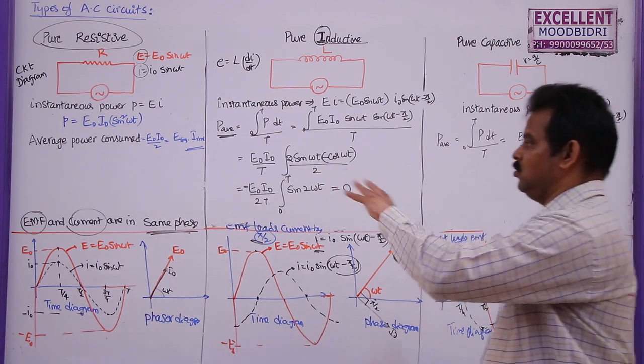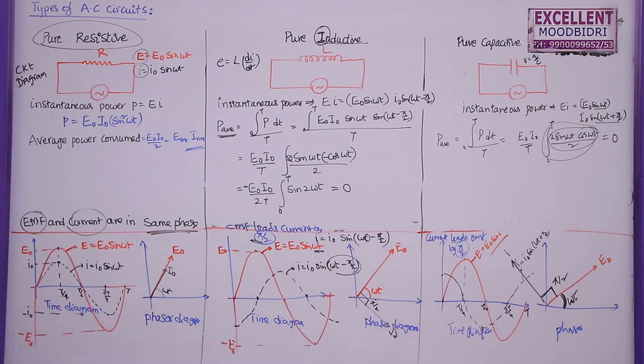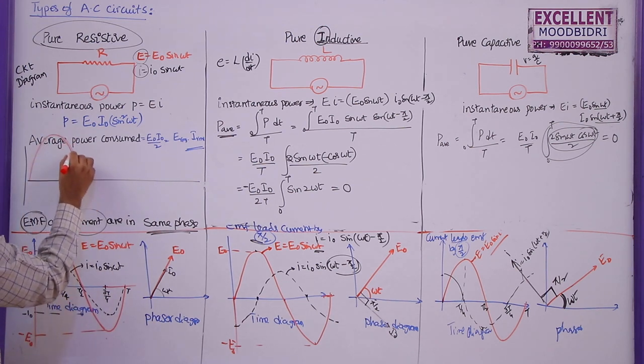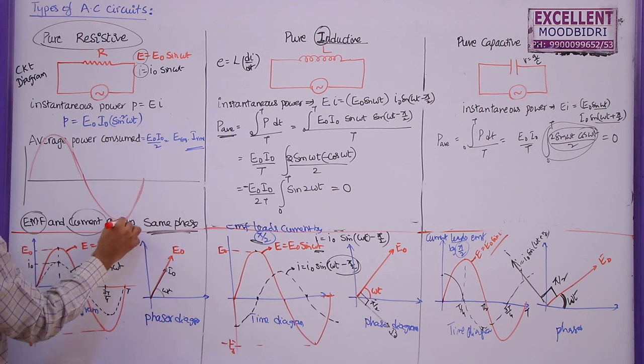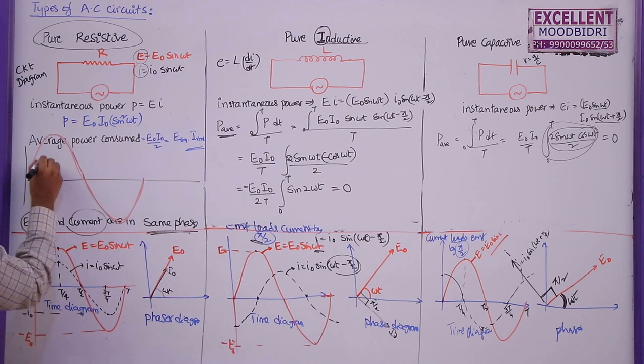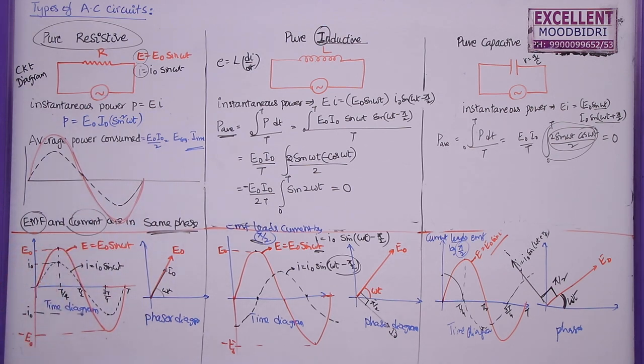Now I am going to draw the graphs here for the power consumed. EMF is given like this, already it is shown here. So I am going to draw the same graph here. This is the EMF of this circuit for the full cycle. Now what is the variation of current? So this is the current variation. Here the black one is current, already we denoted here, and the red one is EMF.